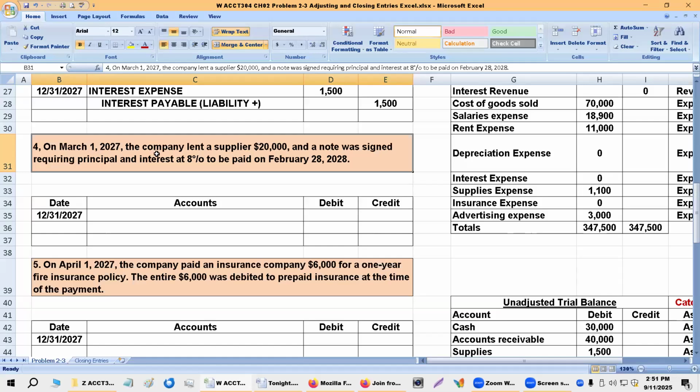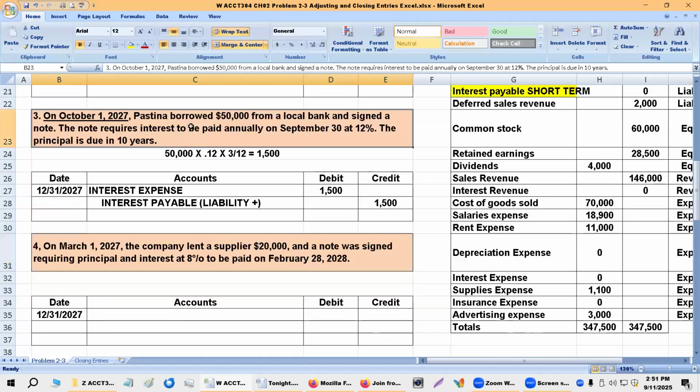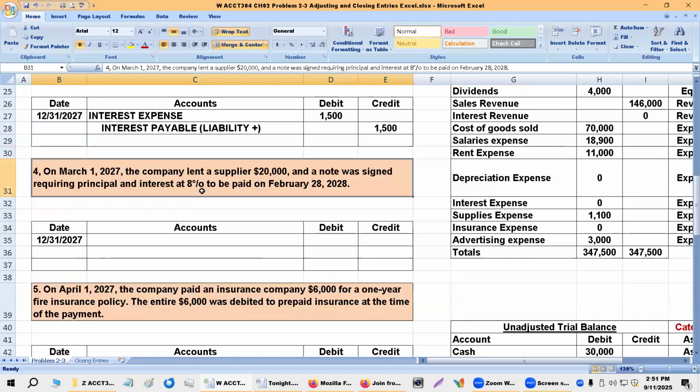And possibly they can't go to a bank, or a bank is going to charge them too much. Well, for instance, our bank's charging us 12%, and we lent it to them for 8%. So sometimes you can loan money to, in this case, a supplier, and part of that is that maybe they need that to supply you with whatever it is you're looking to get. You put in a big order, and they'll say, look, we can't fill that unless you lend us some money to do it. We'll do it, but you know,